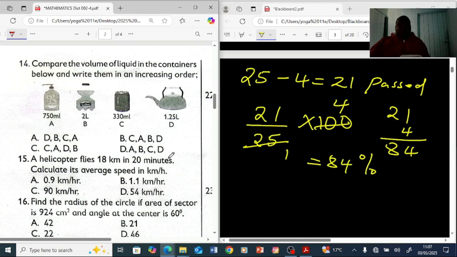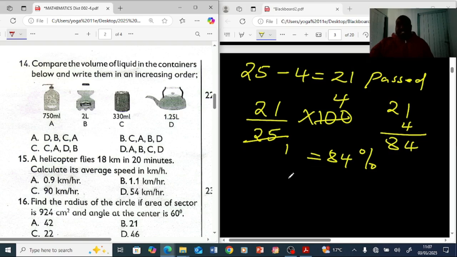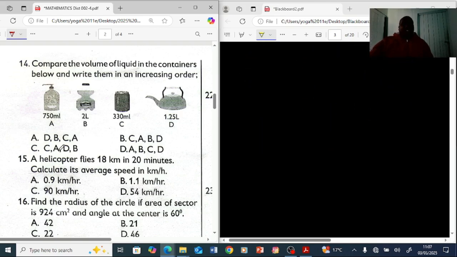Compare the volume of liquids in the containers below and write them in an increasing order. Increasing order means from small to greatest. That one is called ascending order, right? Now let's look at